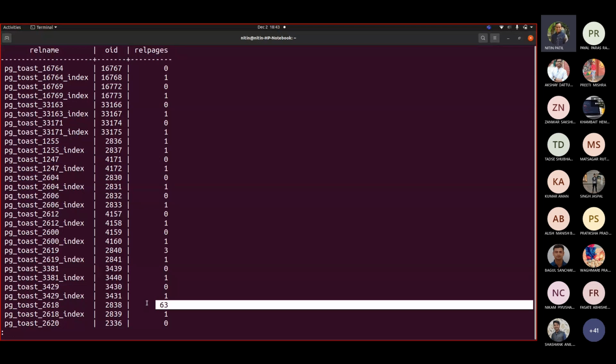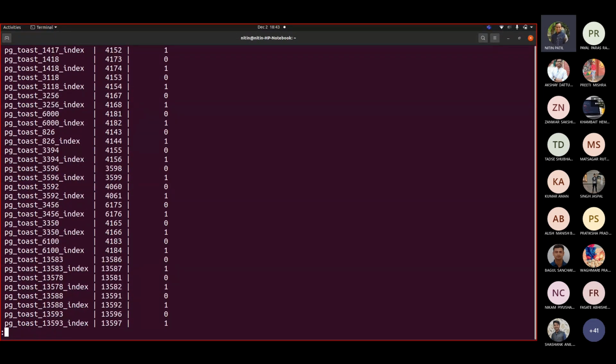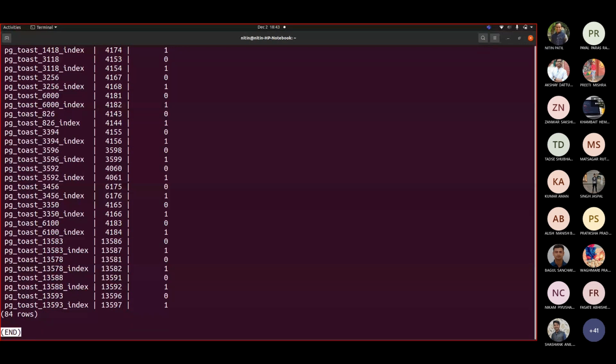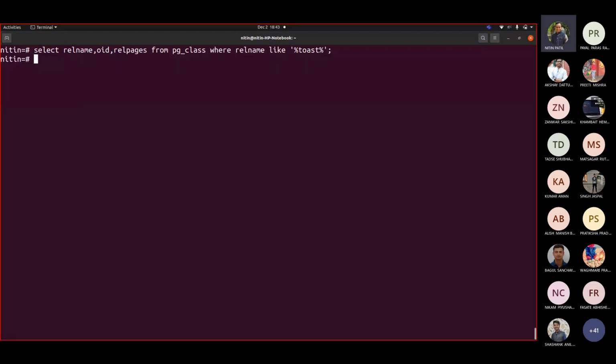You can see that this is the entry. So 2618 is a table for which it is going beyond that limit. So it is for that only. Let us try this.